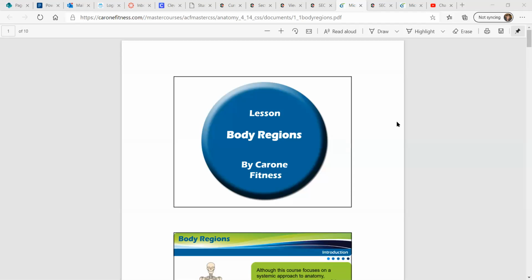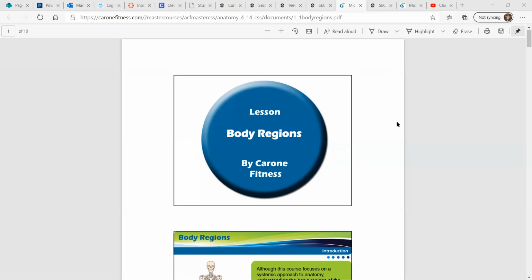Hey, it's Mr. Shrum, and I'm going to look at the Intro to Anatomy section lesson. The first part was just the basic overview of body organization, but I'll start with the body regions,